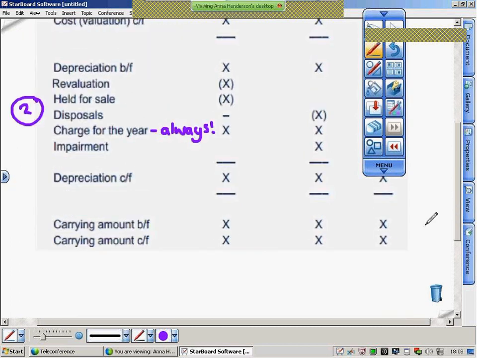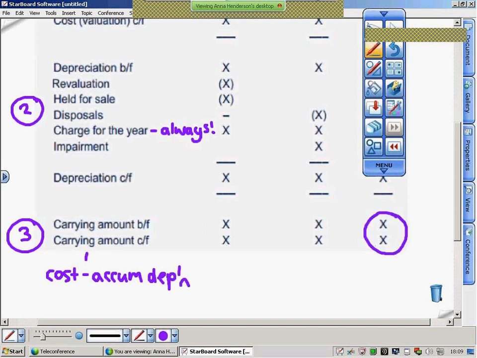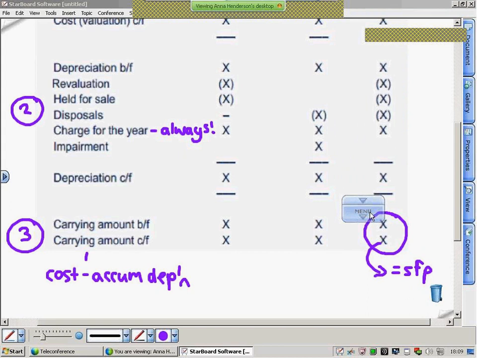1 minus 2 is sort of equals 3. So what we've got in the third section is the carrying amount, where we've taken the cost minus the accumulated depreciation, to essentially what we will see on the statement of financial position. So the idea is you get hold of your financial statements, have a look at what the PP&E amount you've got, and you turn to this note and you get a little bit more of a feel for